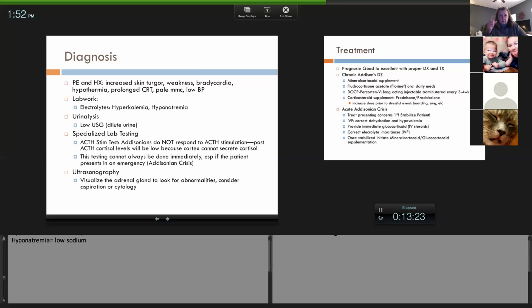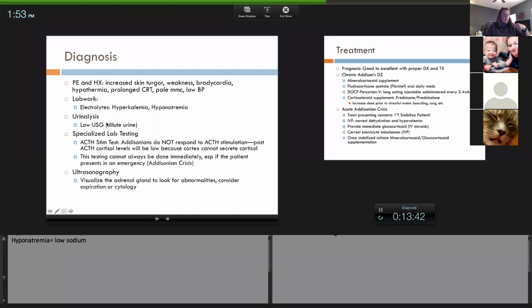Then all of a sudden, the dog pops up on the table. We're getting ready to give atropine, and it sits up and pinks up and it's looking at us, and we're like, okay, that's weird. And of course, we had drawn our blood and we were starting to get urine.